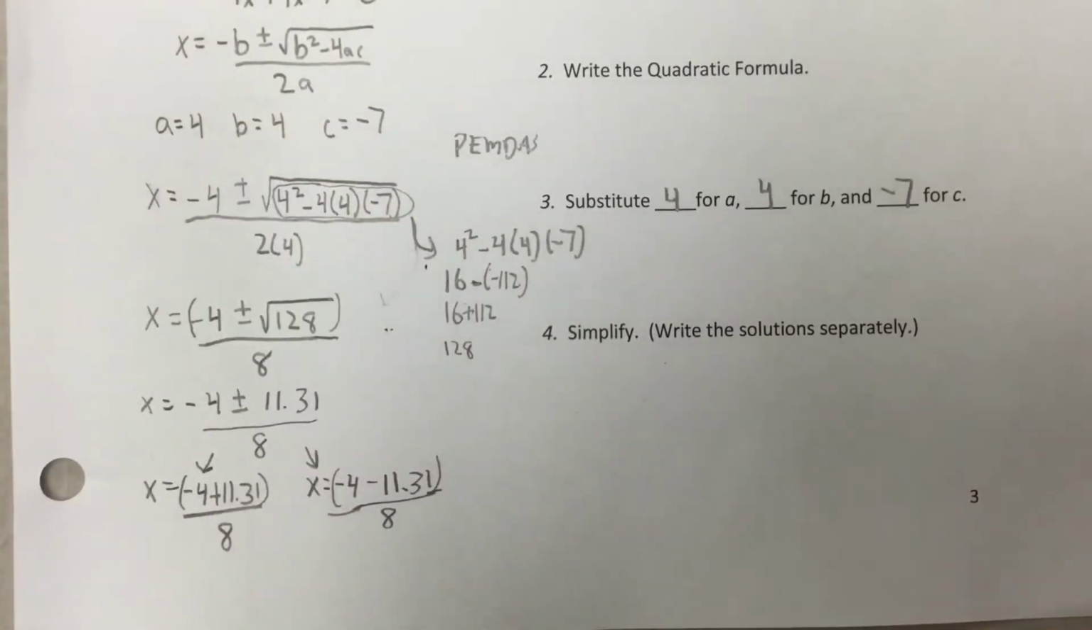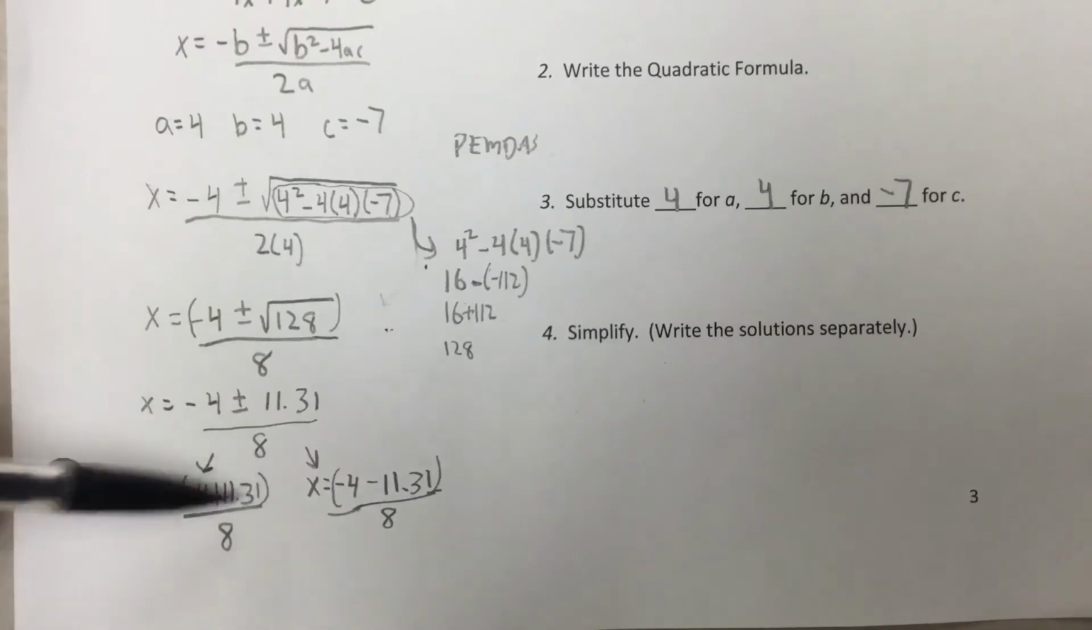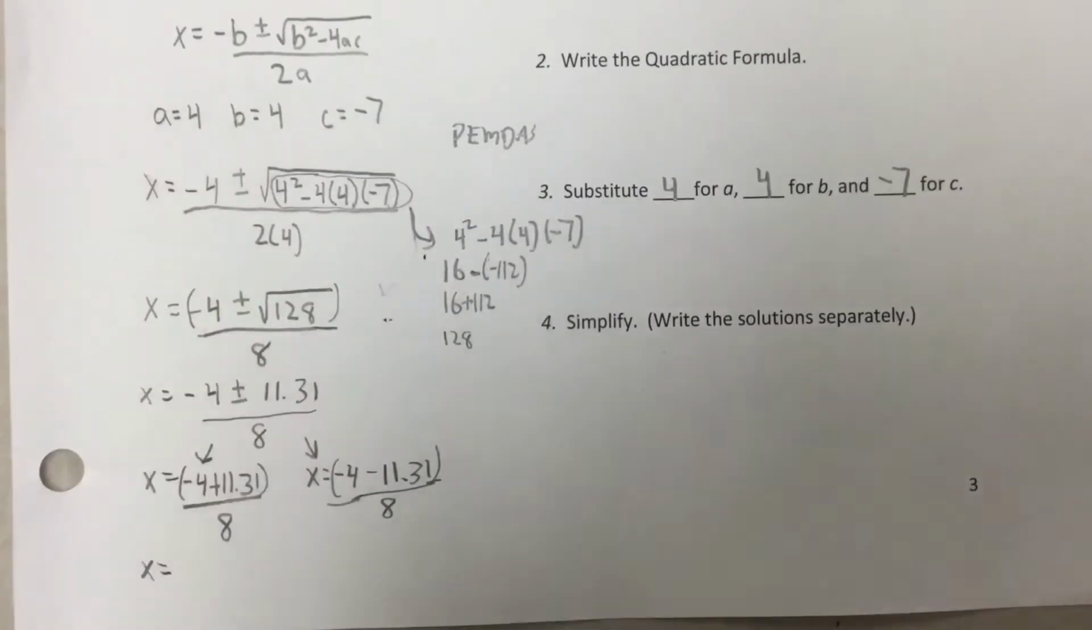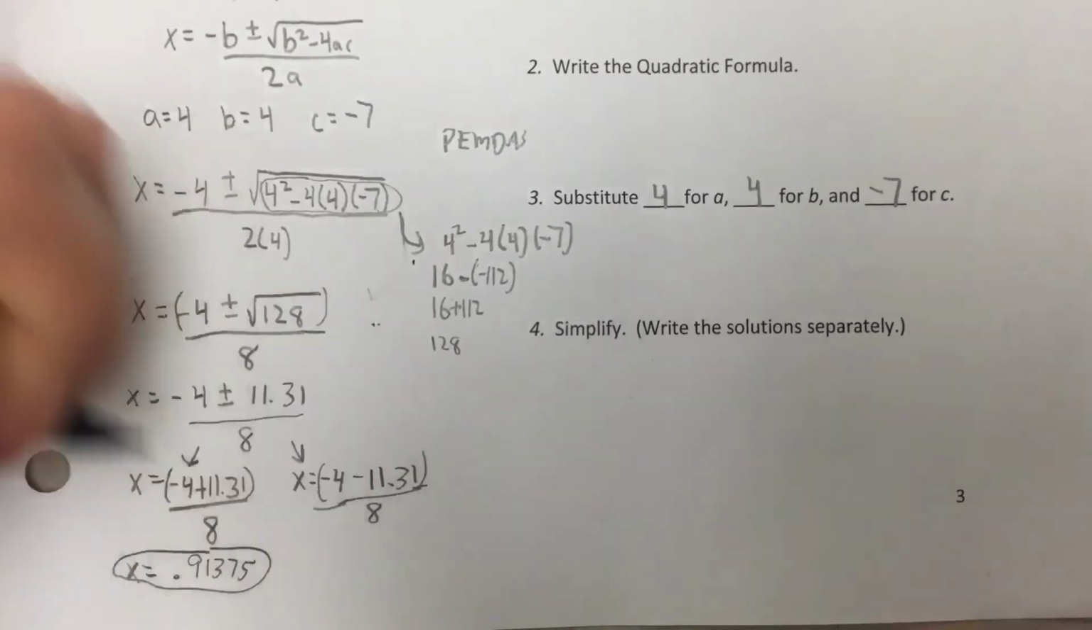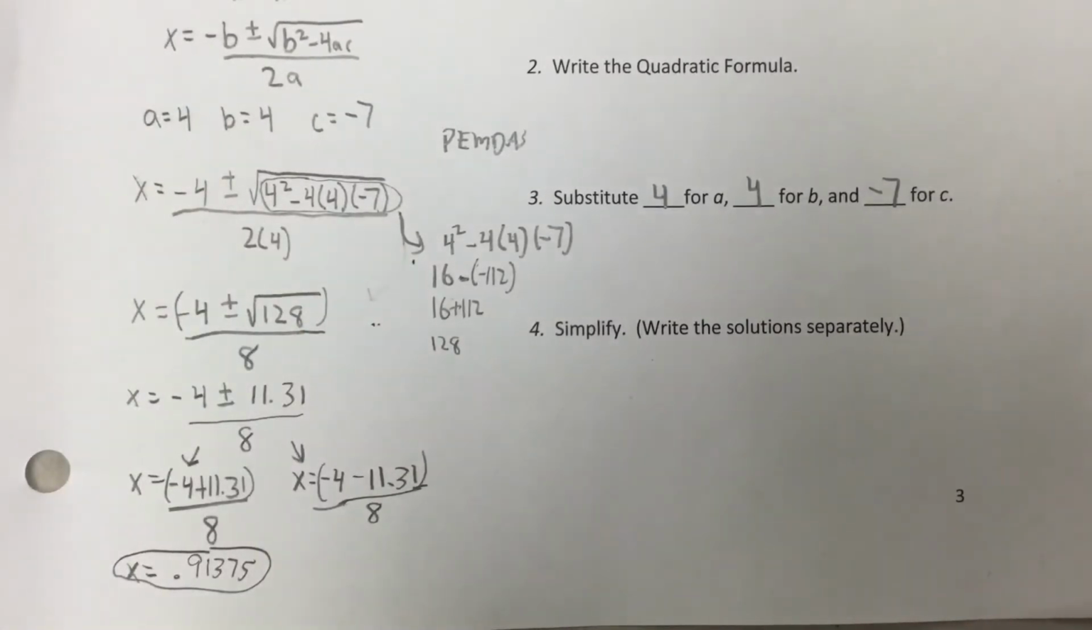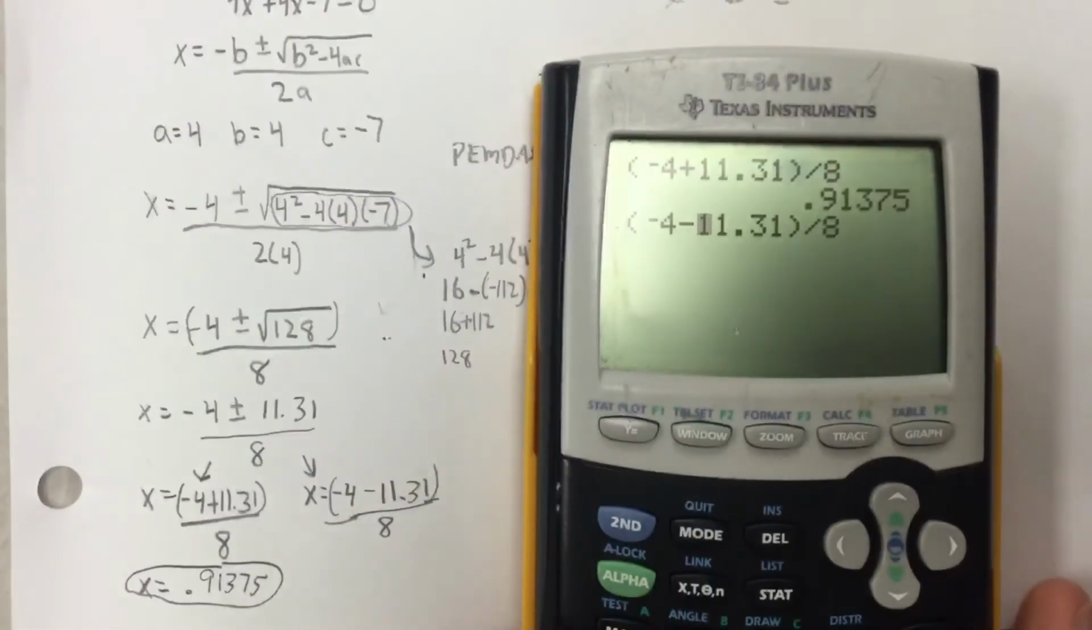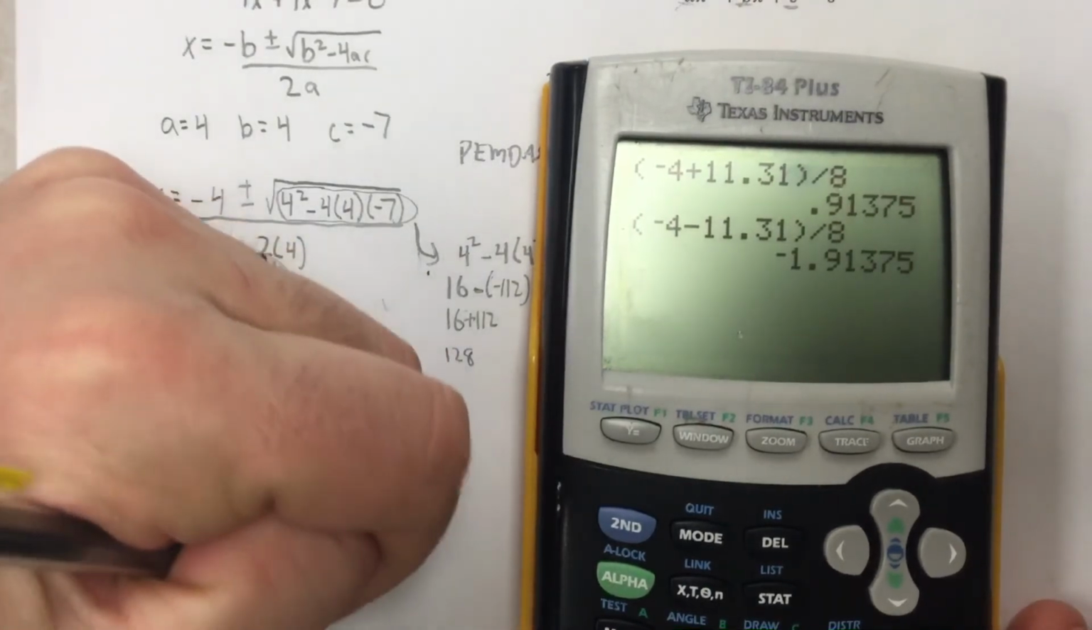You can type this in your calculator all at one time using the parentheses, or you can type this in, negative 4 plus 11.31, press enter, and then divide by 8 if you'd like. But from here, that's kind of where I'm going to go. I like to use the parentheses, negative 4 plus 11.31 divided by 8. And again, I made sure that top was in parentheses. So I got 0.91375. And then I do the negative 4 minus. And there's my work, you can see. And then my other answer is x equals negative